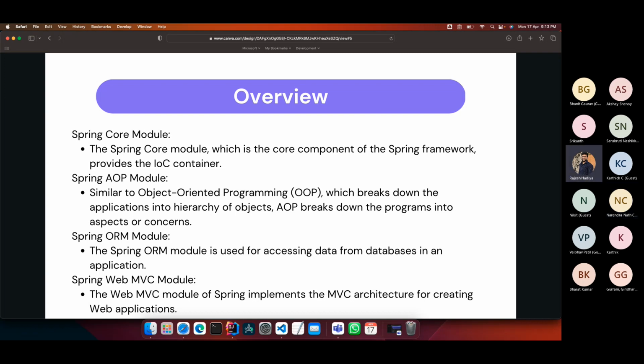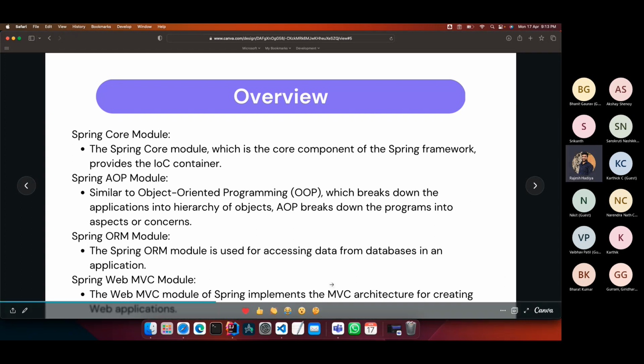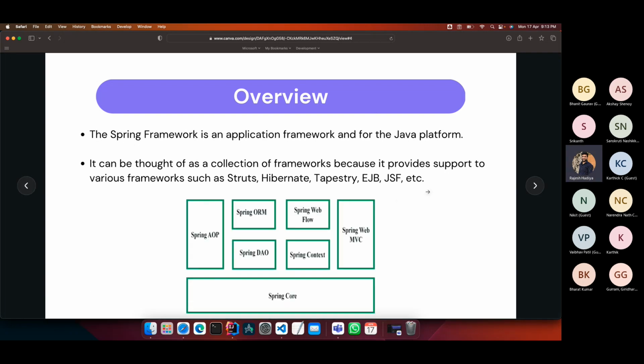Okay, sure. To connect it with Android, let me give you a rough idea. In Android, we have Jetpack components like ViewModel, Room, WorkManager, Hilt, and Activity. All of these are Jetpack libraries. What these libraries do is simplify the flow of building an Android application. It's not that you cannot build an Android application without these Jetpack components. You can, but